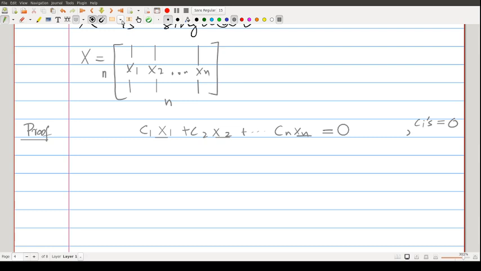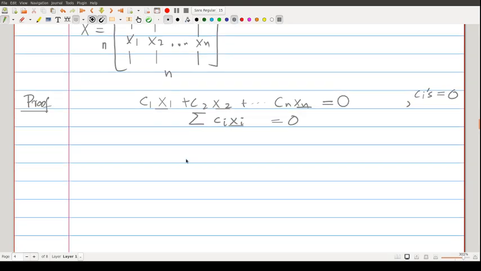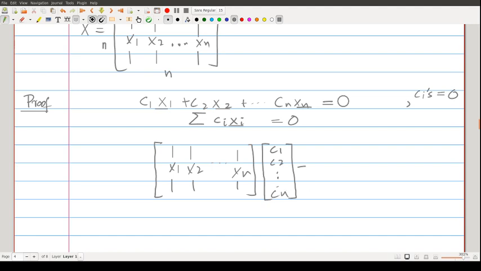And so the idea at this point is to view this equation as a matrix vector product. So this is essentially summation Ci xi, where xi's are vectors, and this can be written as a matrix vector product. If I write it as x1, x2, dot dot dot, xn, and multiply this by c1, c2 up until Cn,